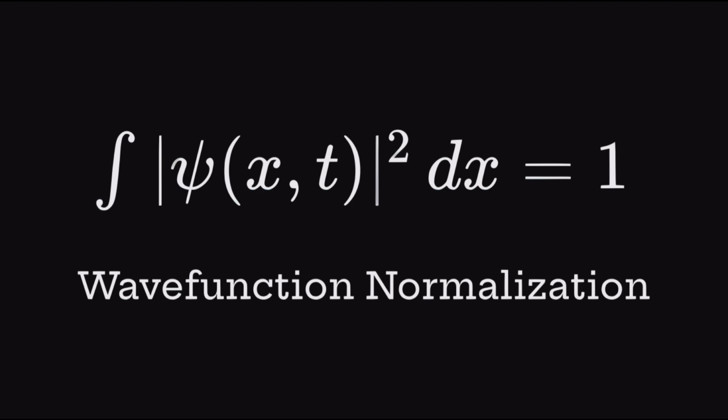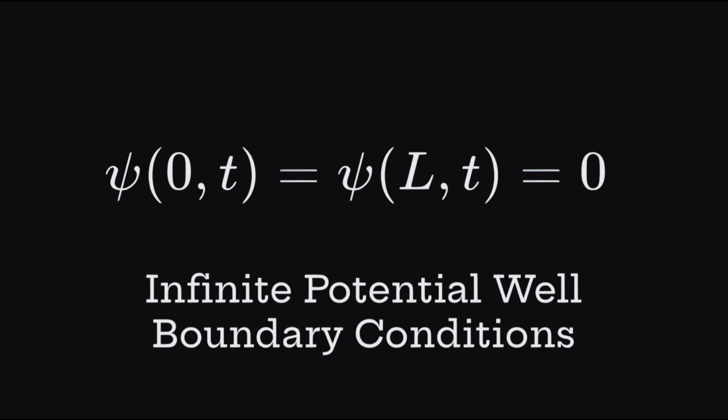It connects the mathematical description of the quantum system to real-world measurements. For example, in this project, normalization ensures that the simulated wave function accurately represents a particle confined within the infinite potential well. As the wave function evolves over time, it spreads or shifts, but its total probability, normalized to 1, remains constant. The boundary conditions of an infinite potential well define the behavior of the wave function at the edges